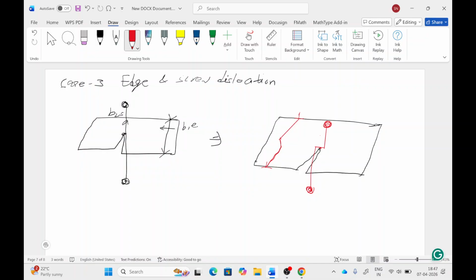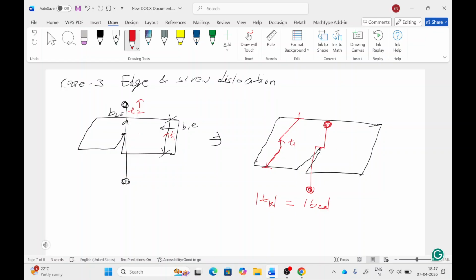As B1 is moving on this plane, B2 will try to shift this line in the upward direction. So this gets shifted by this. This is line vector T1, and this is line vector T2. So T1 will get shifted by the amount of B2S,